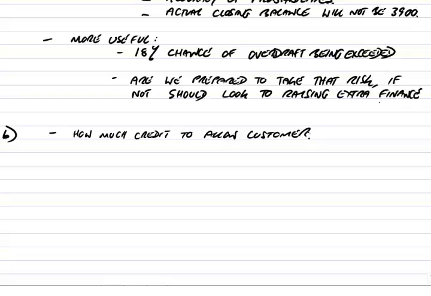If it's a new customer, we perhaps won't give them a very high credit limit initially. If it's an established customer who's been paying on time, maybe we'll increase the credit limit. So the amount of the credit limit, if it's new customers,